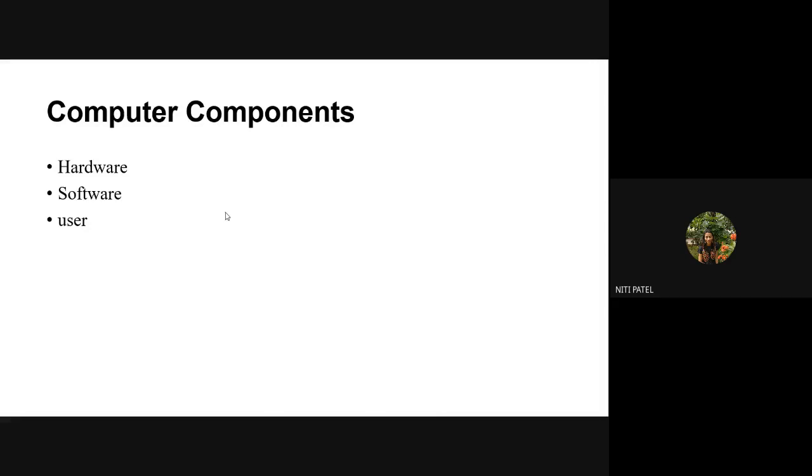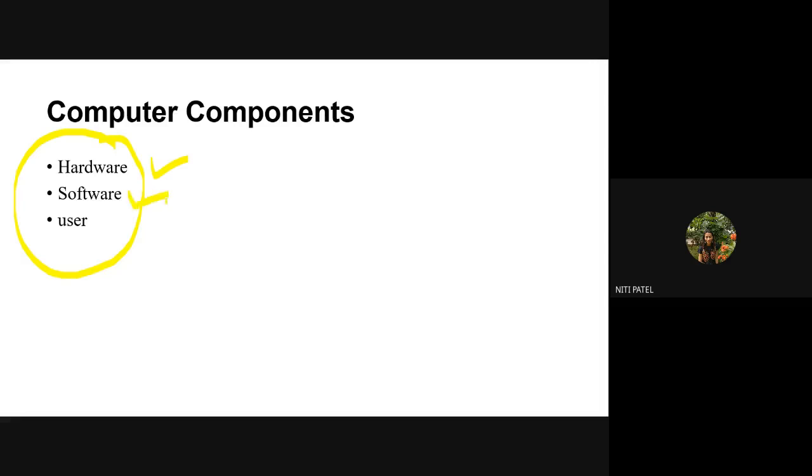So who is going to do all these things? There are certain components. What are those components we just saw? It is a hardware component, a software component and a user. So for a computer to work, it is mandatory to have all these three components. All these three components are required if you want your computer to work. You will require hardware, which is keyboard, mouse, monitor. If you want speakers, microphones, camera, all these is the hardware.